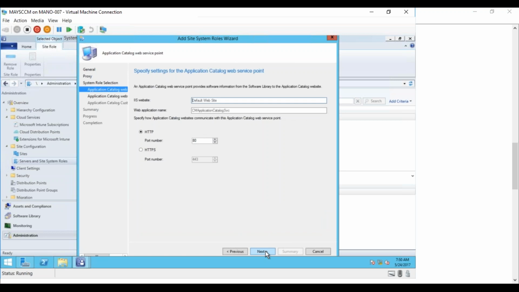I'll not make any changes to it. It is taking the default IIS website, and the web application name is catalog service. Just in case you want to go with HTTPS,